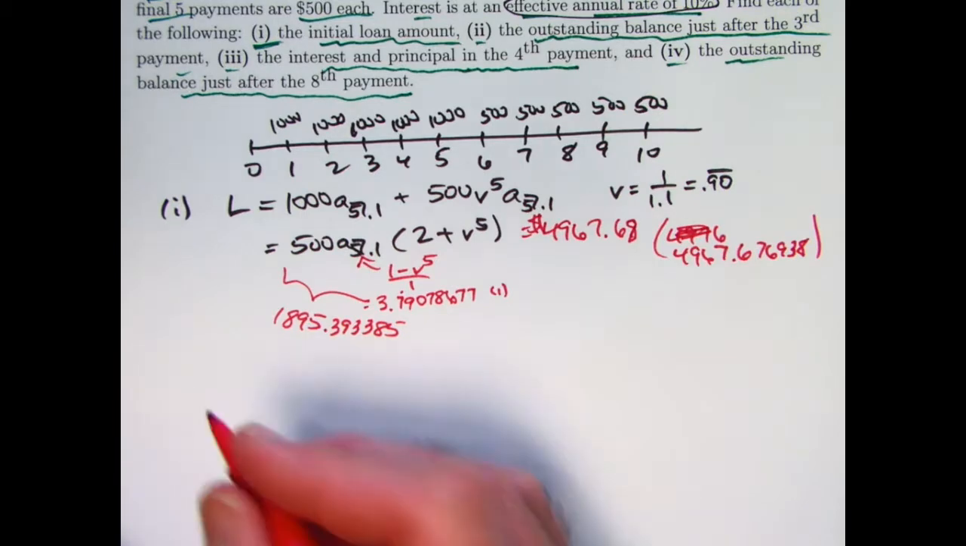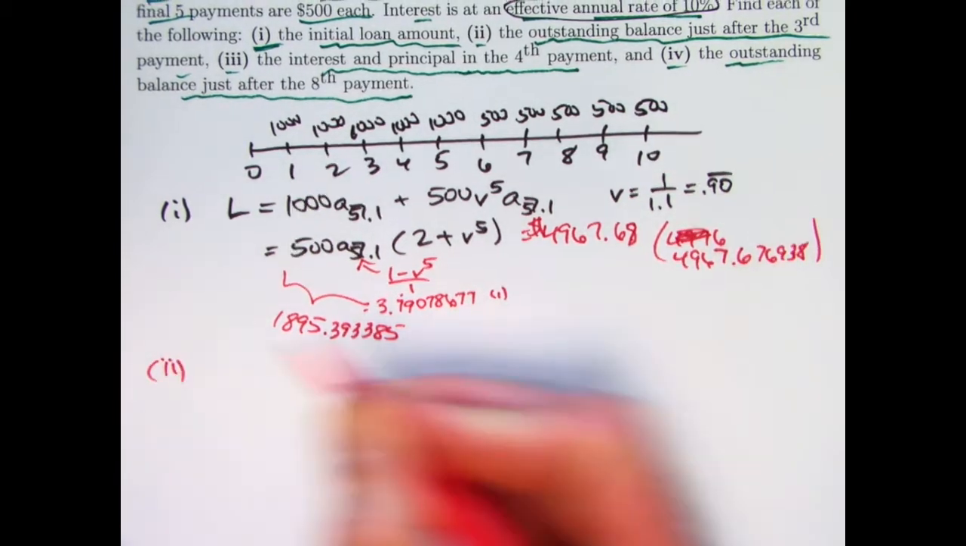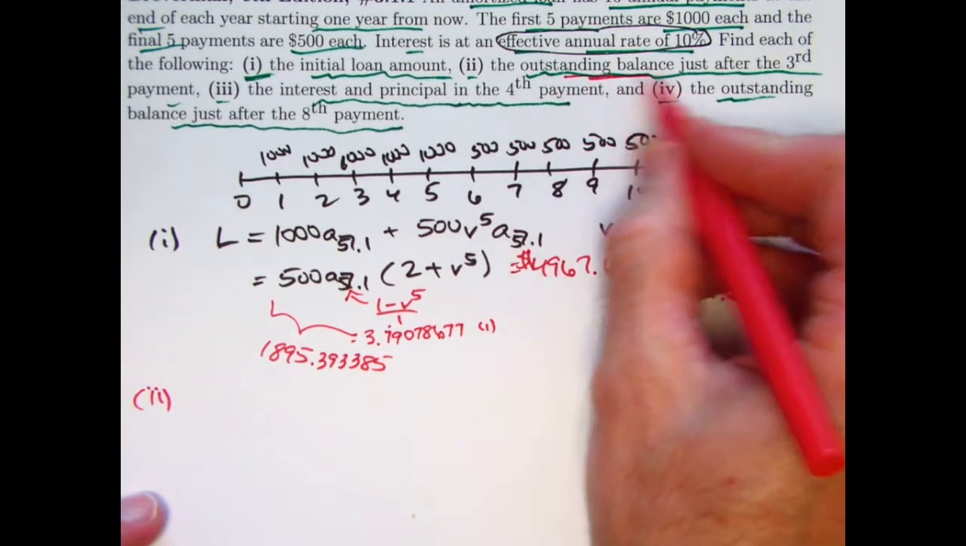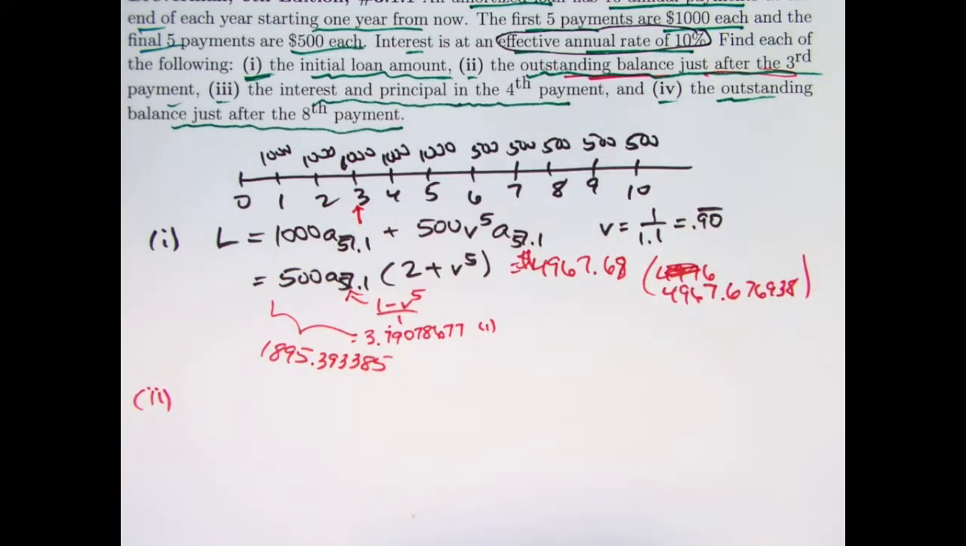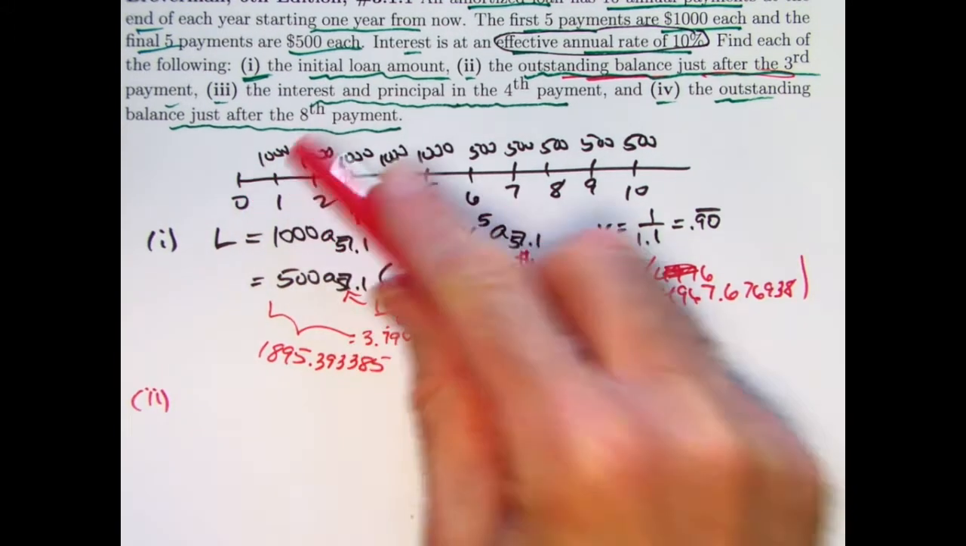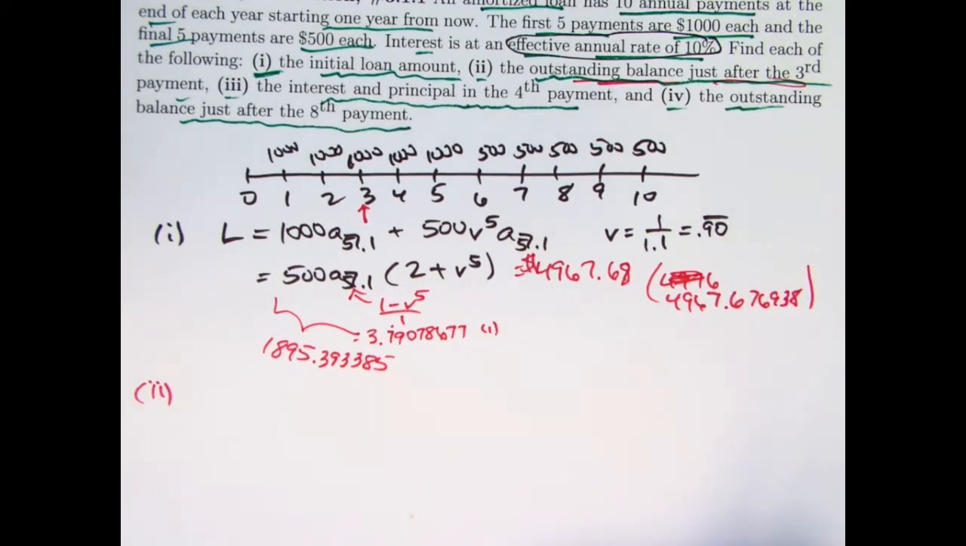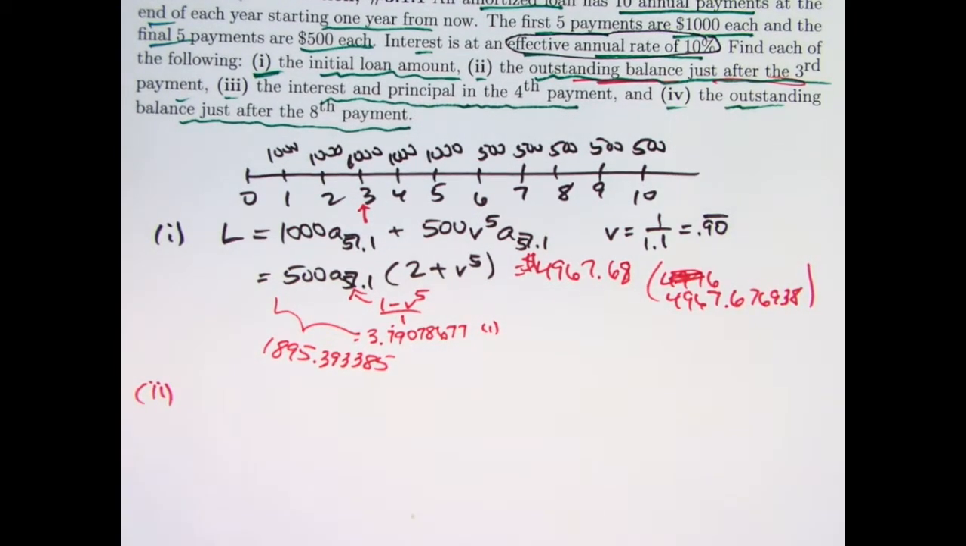All right, what about part 2? The outstanding balance just after the 3rd payment at time 3, essentially, just after we've made this 1,000 payment. Let's do this in a few different ways. There are formulas for this in a sense, but I'd like to start by doing it step by step to show you how the outstanding balance on your loan amount goes down over